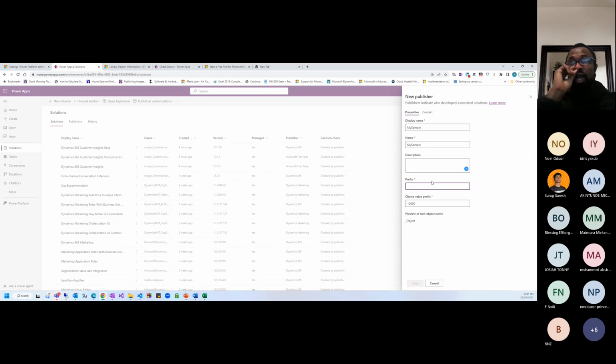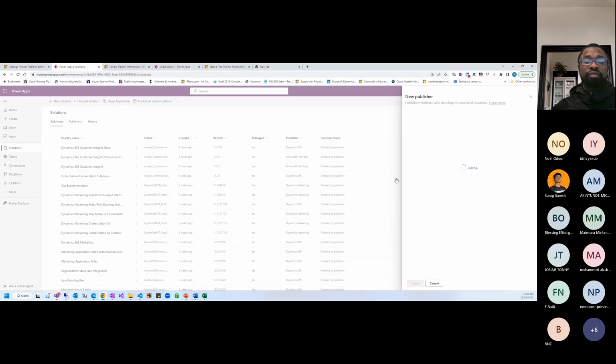And here you also want to have a prefix. So the prefix is like something that will identify your solution, maybe the entire solution in terms of tables, the columns, and so on and so forth. So as you can see here, we have the prefix and also the objects. This could be a table, your columns, and then your custom scripting and all that. Then if I click on save,